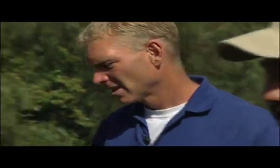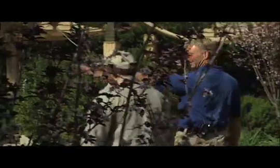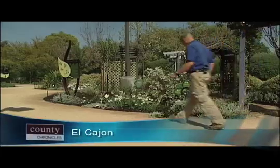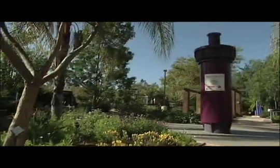I just started memorizing plants, I think, before I was in high school. I lived on a ranch in Northern California, and we were always working outside, and I loved it. Never thought of it really as hard work because I just enjoyed being outside with the plants and the landscape. Nowadays, though, Paul Redeker makes his home in Southern California and works a different kind of garden, one with a